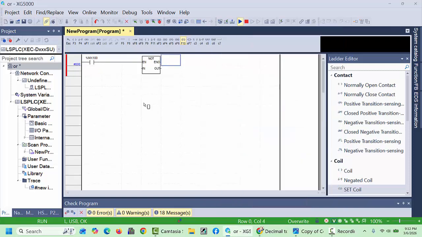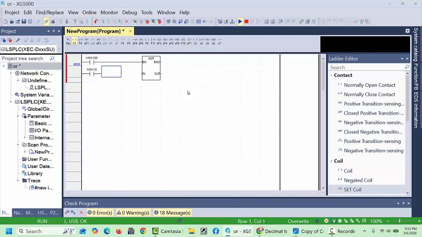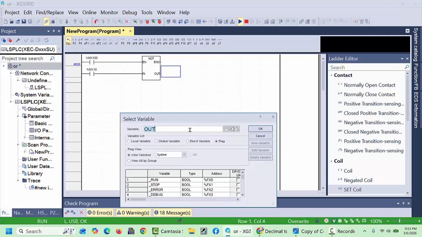Click OK, and one more bit we will take. For an example, MX10 we will choose to execute our NOT command. For example MX10, you can choose any bit, it is not an issue. Connect with this one, and next in the output we will take QB0.0,